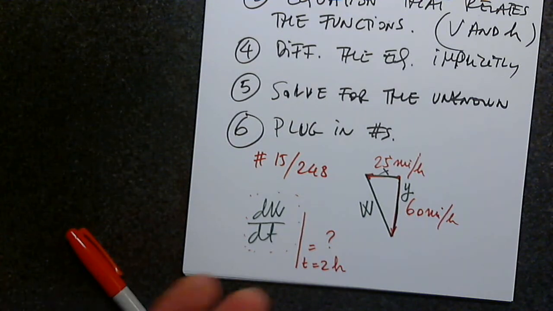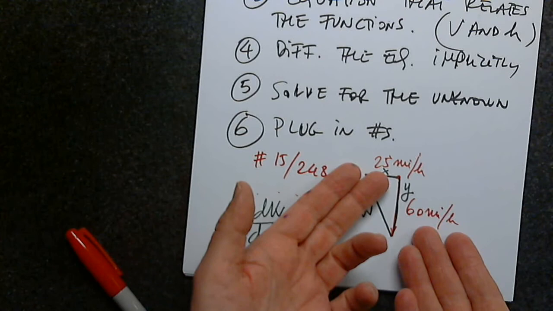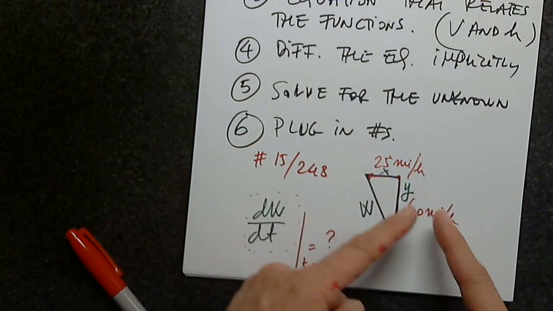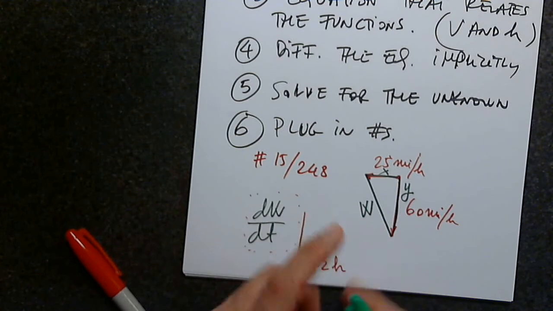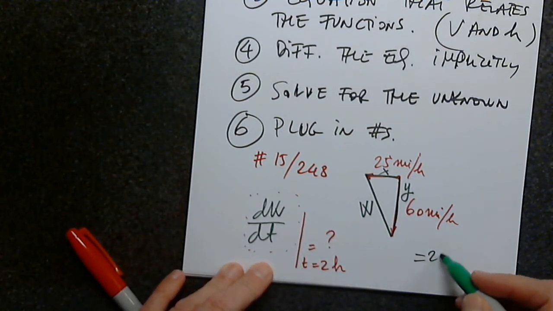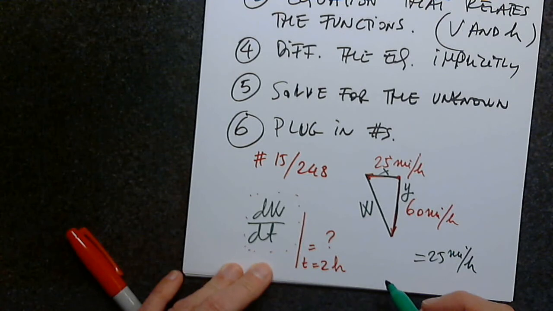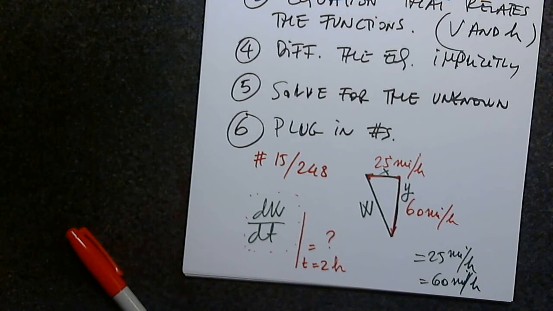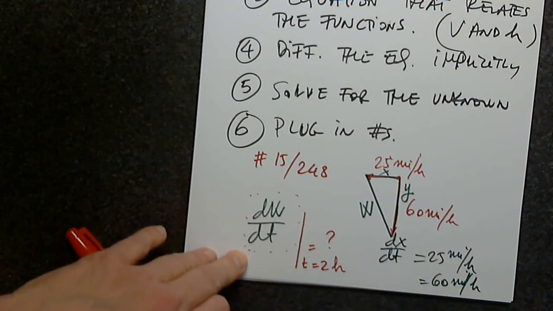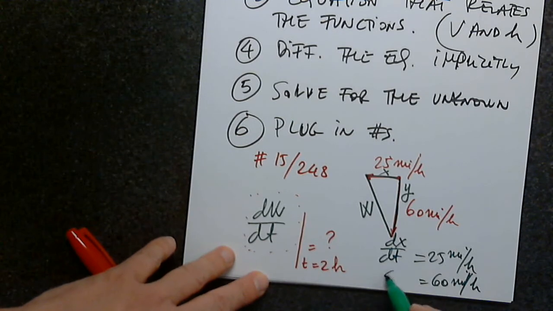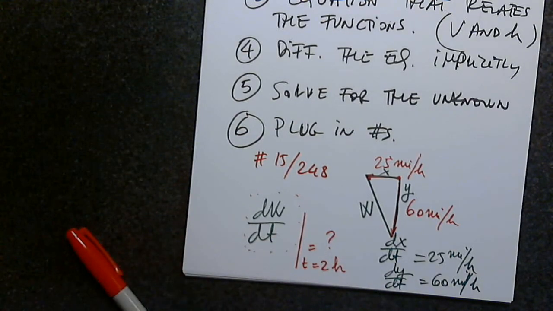So obviously I have to relate this W to what I'm given. This is a function of time, this is a function of time, and this is a function of time. So what does 25 miles per hour represent? And what does 60 miles per hour represent? Exactly, 25 is dx over dt. And 60 miles an hour is dy over dt. Right. So if I manage to come up with an equation that relates x, y, and W, well then this will be